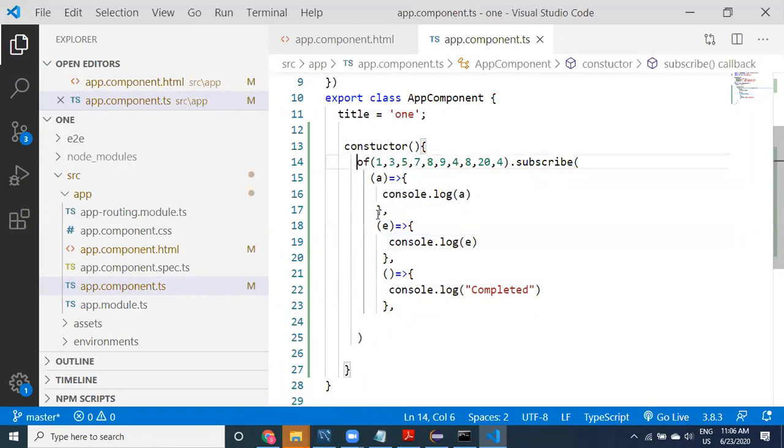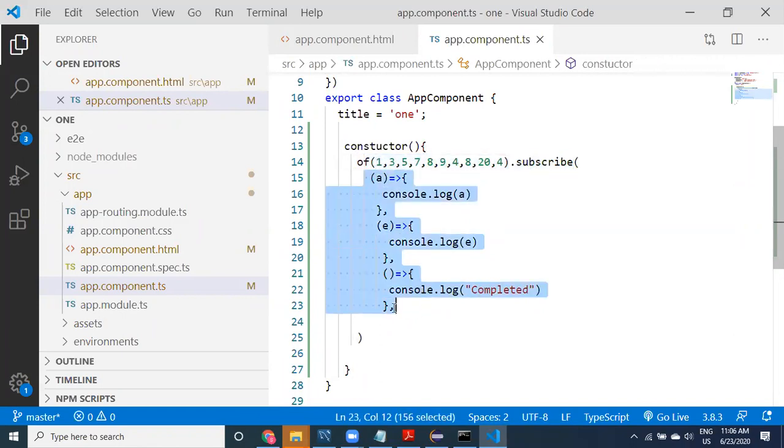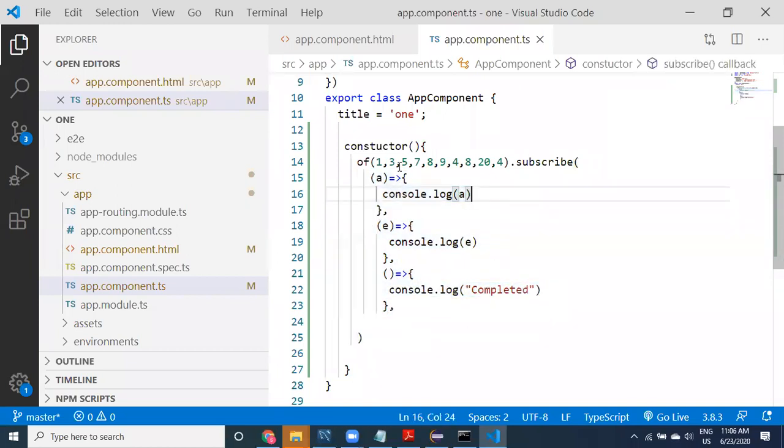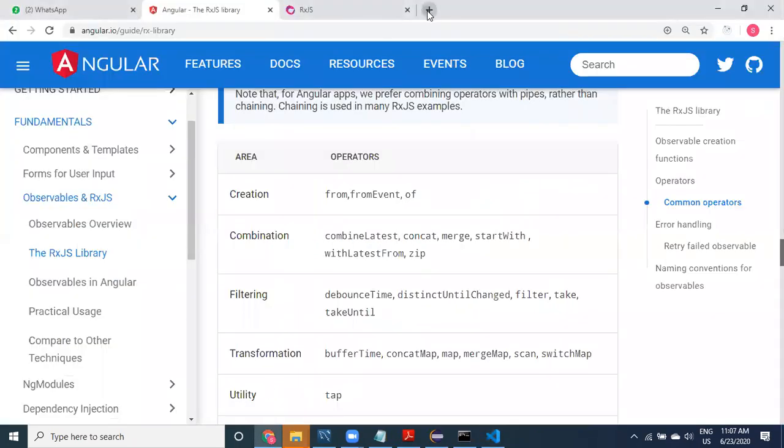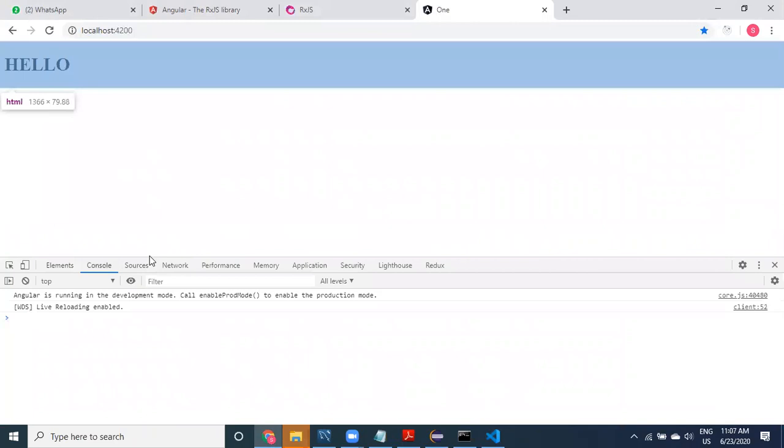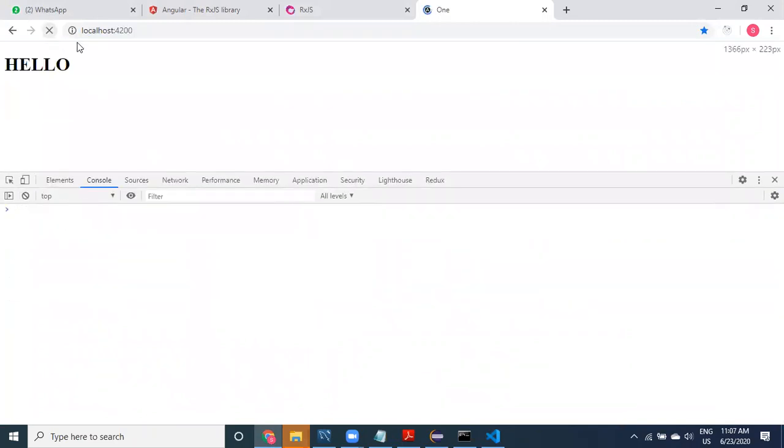Okay, I have written this code where I have created it and I'm using it inside the subscribe. See here guys, I'm using it. All right. Yeah, I have written all this code in the constructor, right? Yeah, it is not going to display anything in the browser, but it is going to display in the browser console. Okay, let us go to here and go to inspect. You can go to the console. Okay, just provide this.